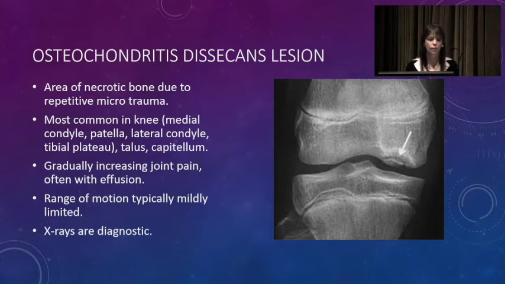The most common area is the lateral aspect of the medial femoral condyle. It's a hard region to find point tenderness because it's contained within the joint. So they'll come in with complaints of vague joint pain. They may have, as it advances further, limitations of joint motion. They may have full joint motion. It depends how advanced it is.